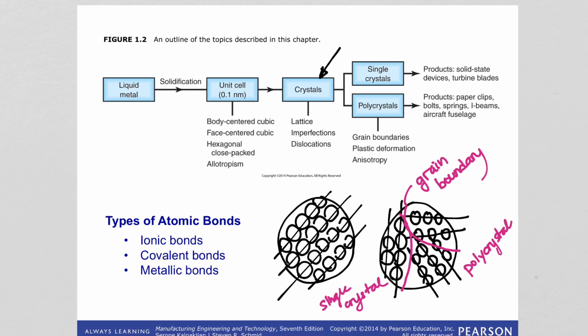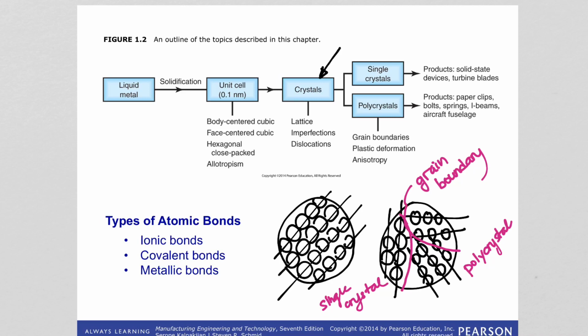Of course, it is important to understand this, because this type of alignment of atoms directly affects the properties, and of course it affects the processing techniques, how we manufacture them, and it affects the formation of defects and all kinds of other manufacturing properties that we will see in our further topics. Okay,